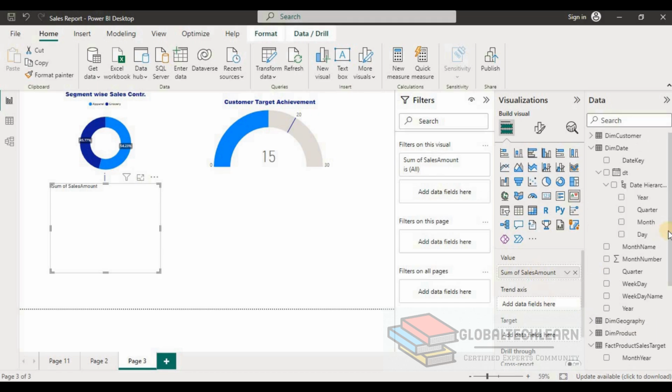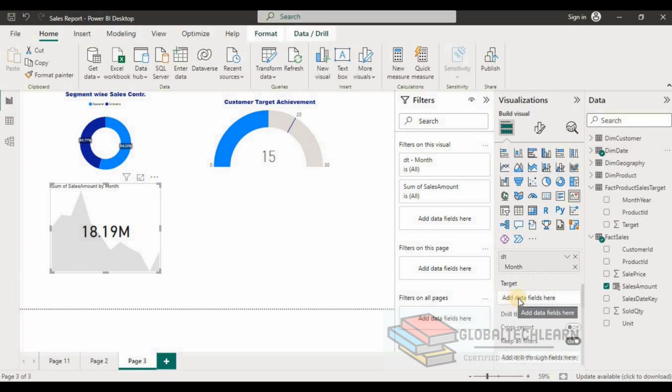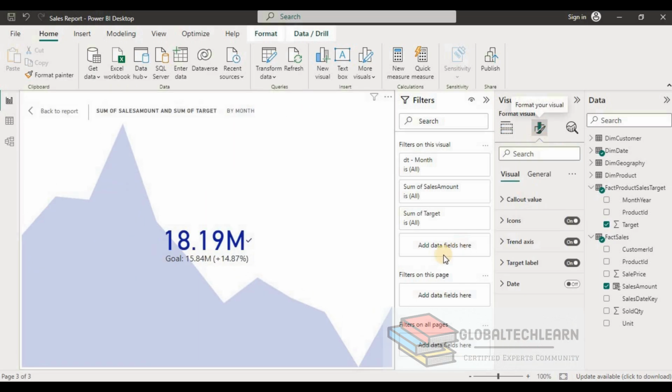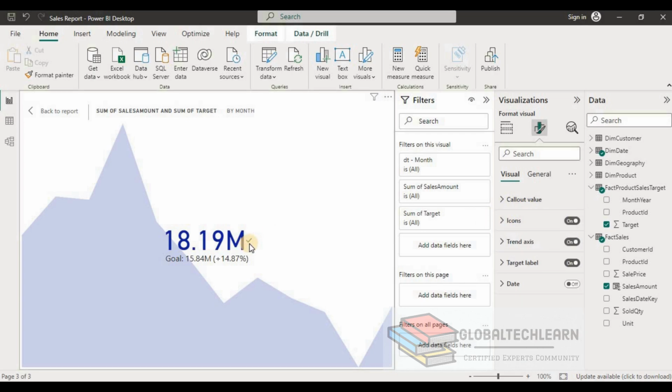Then we have month-wise target available with us. So from date, let's select month. So we will get the monthly trend of this sales amount. And in the target, let's select target value from the product sales target. Then from this formatting option, we can do formatting on this KPI, value formatting, the icon which is coming here,